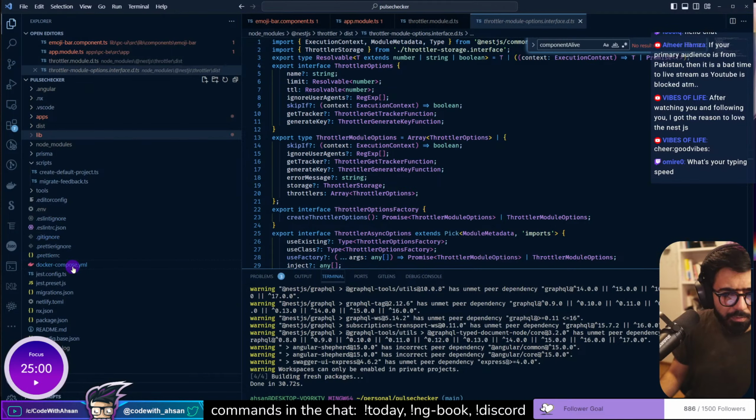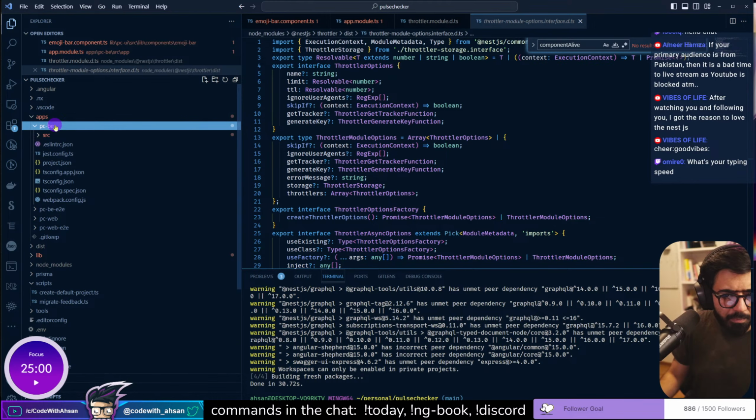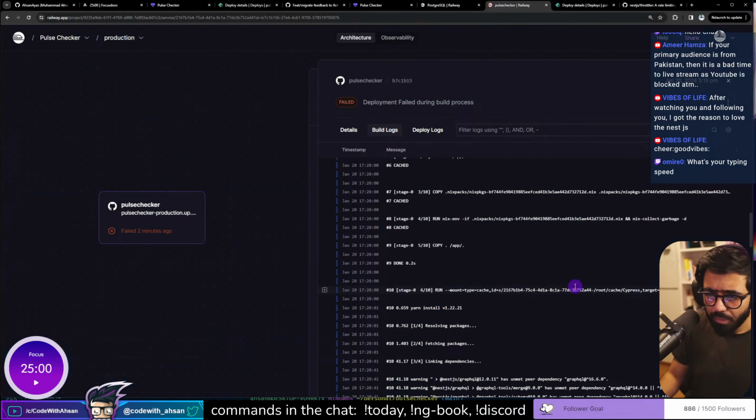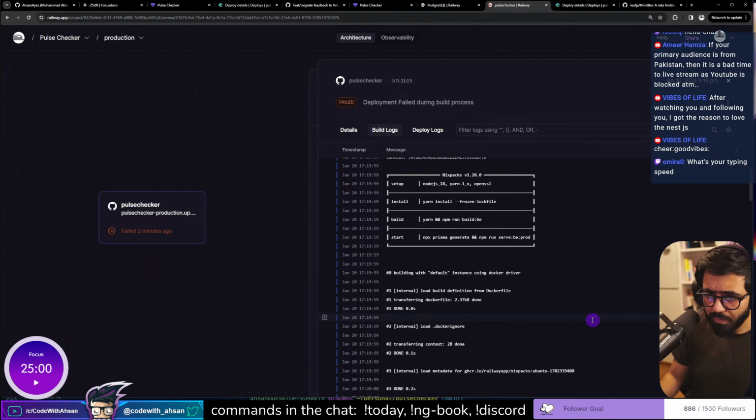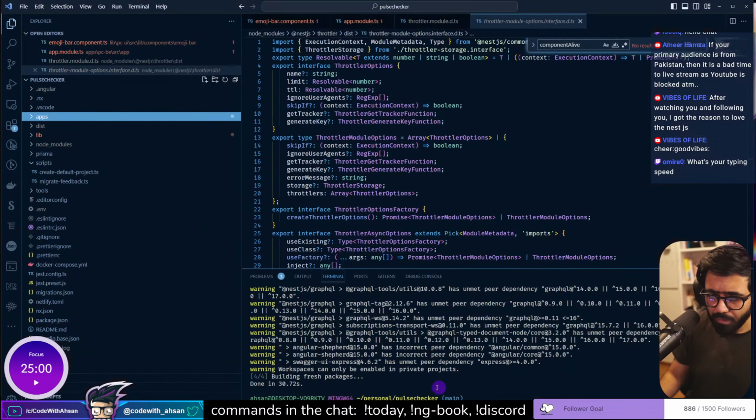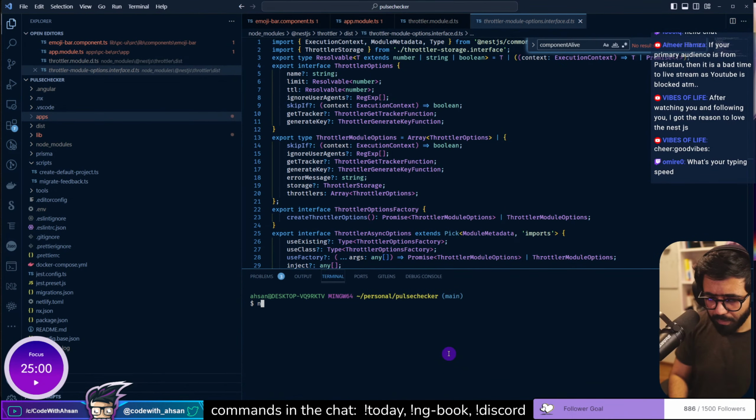Let's see if I can double check it from Docker. So I have the BE apps PCBE. Is it because we are looking at the... no, but this is not us doing it. So we do have yarn install frozen lockfile. Okay, yarn and npm run build be. Okay, if we run npm run,